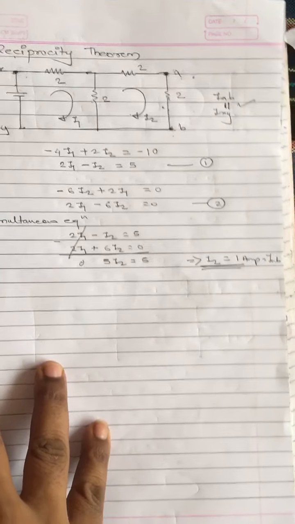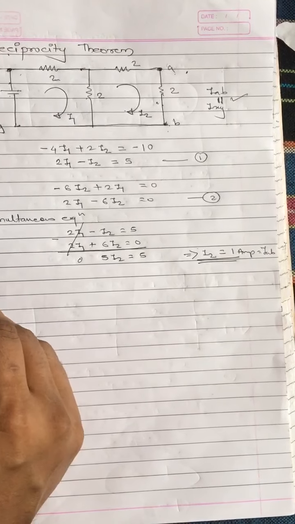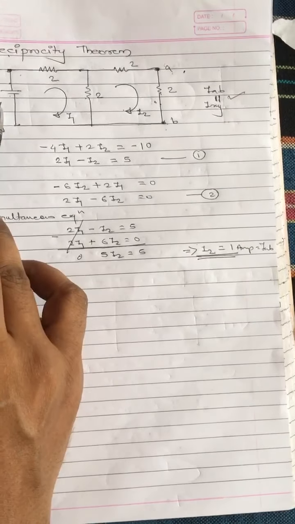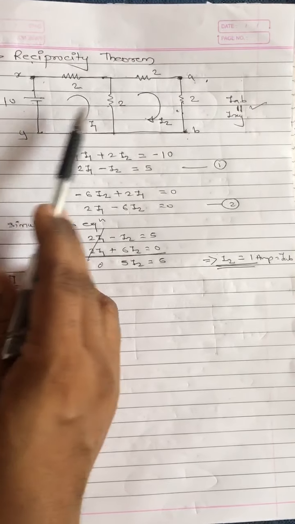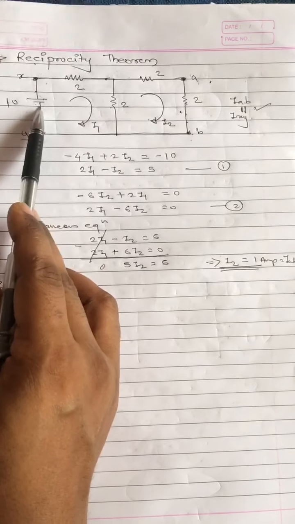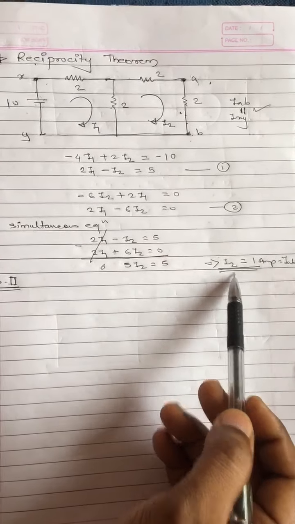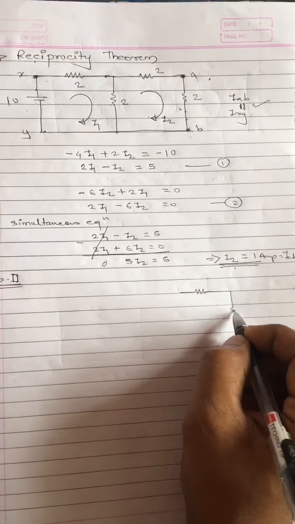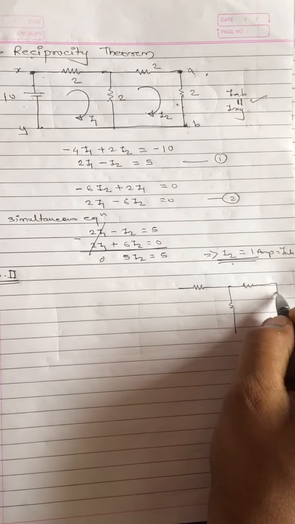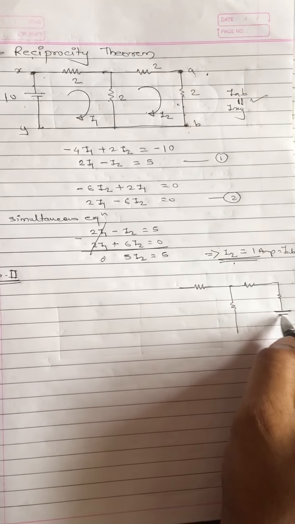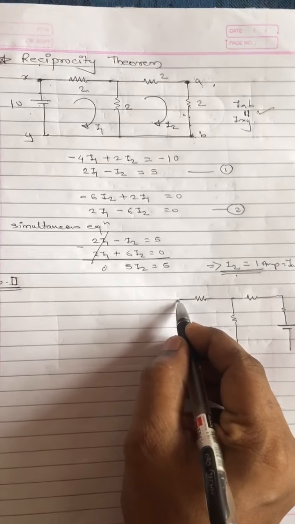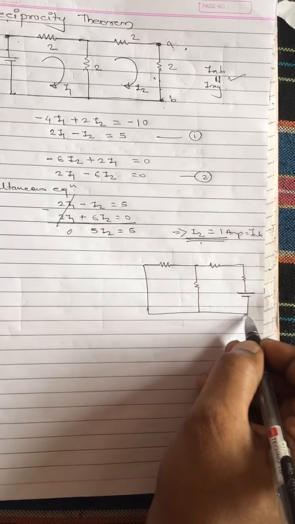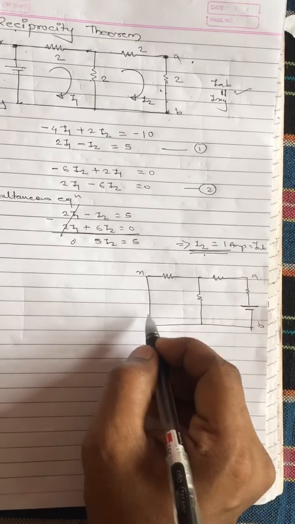Now in the second condition, step 2, what is to be done: this voltage source should be removed from here and placed in this branch, and then we calculate the current in XY, which should be equal to this current. Let's see. So the new circuit will be: the remaining elements will be kept as they are. Only the 10 volt source I will place in this branch now, and here, as I have removed the voltage source, it will be short circuited like this. This is branch AB, this is branch XY.